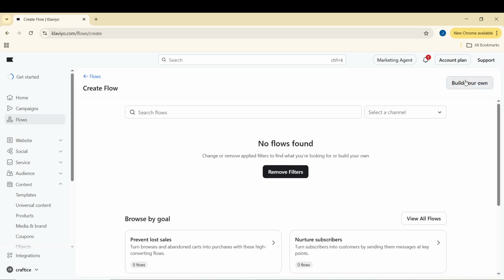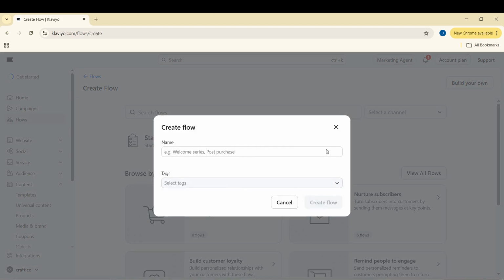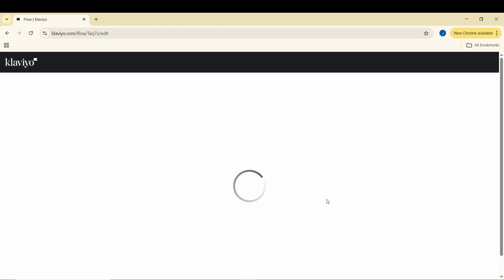From here, click Flows. Flows are automated sequences in Klaviyo, and they are the right place to build a shipping confirmation because you want the message to send automatically when an order status updates. Next, click Create Flow, and then choose Create from Scratch. Creating from scratch gives you full control over the trigger and the email content, which is important for an order-based